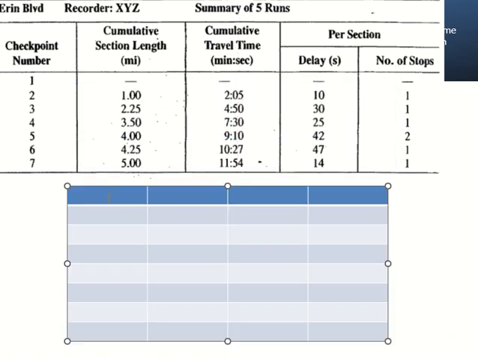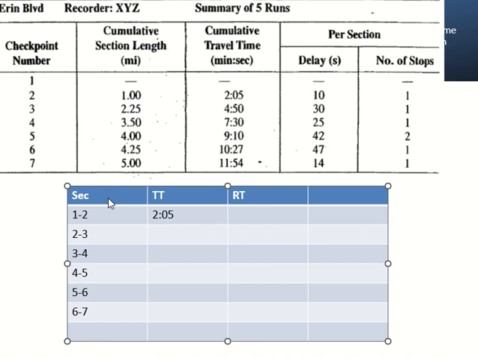So first of all, my sections. I have 1 to 2, then 2 to 3, 3 to 4, 4 to 5, 5 to 6, and 6 to 7. To find out travel speed, I need travel time. To find out running speed, I need running time. But for each section, the travel time is given, but it is cumulative. So what's the travel time between 1 and 2? Same, right? No change here. Clear? For 2 to 3,